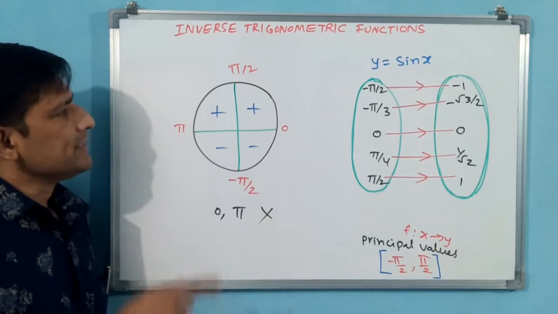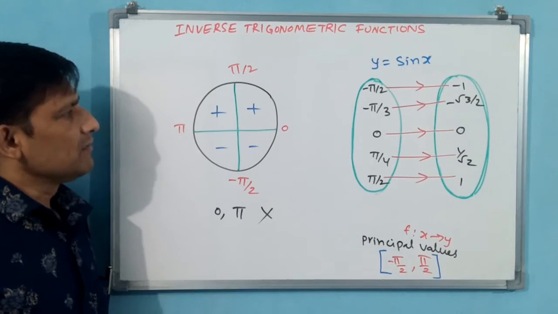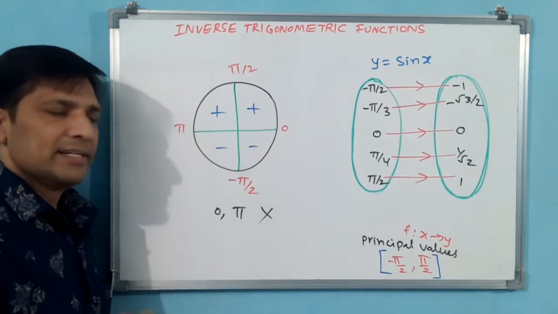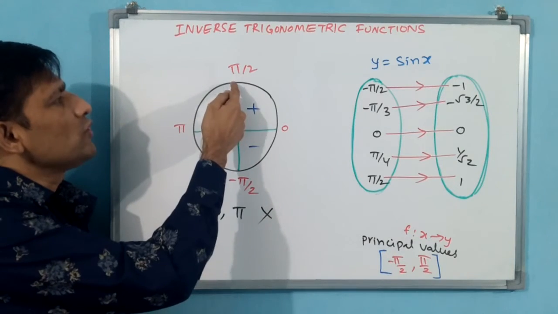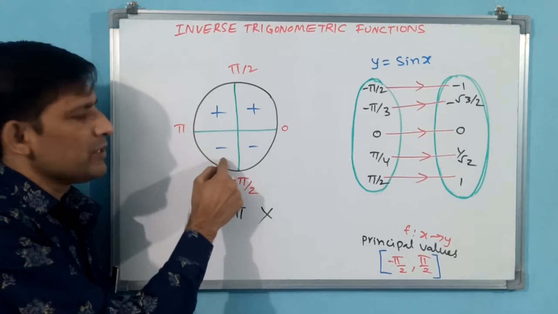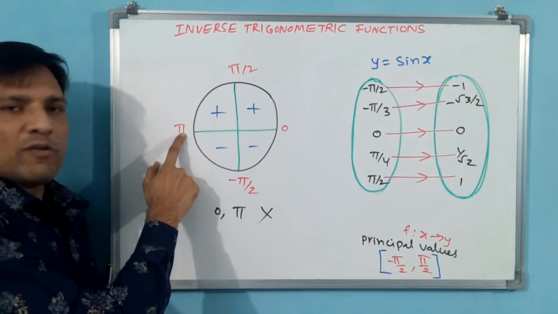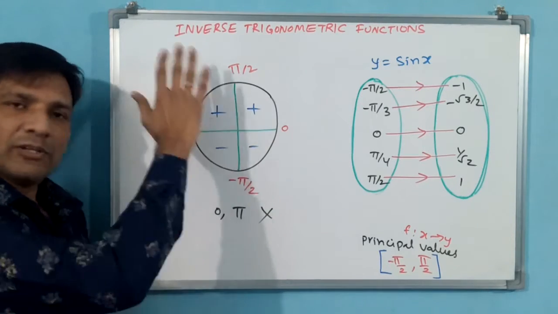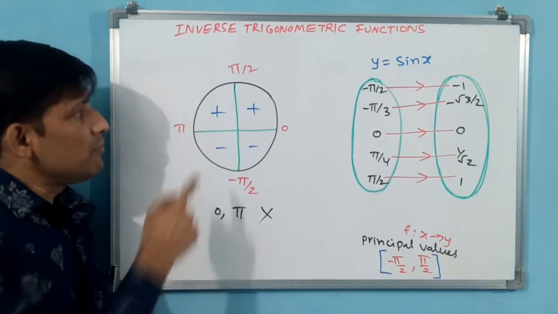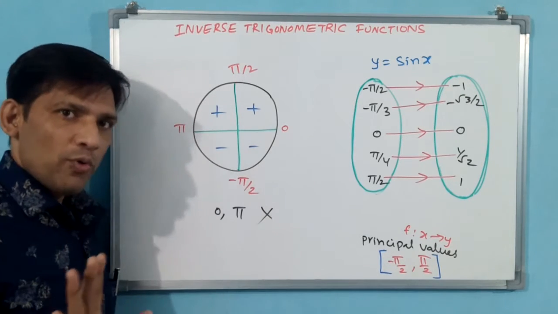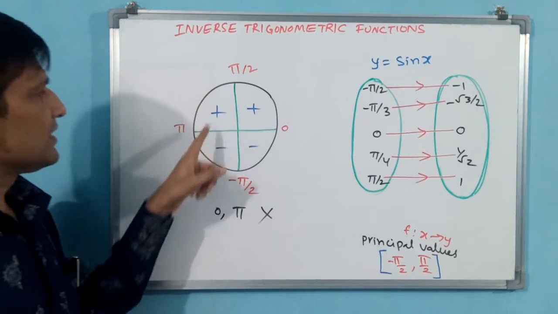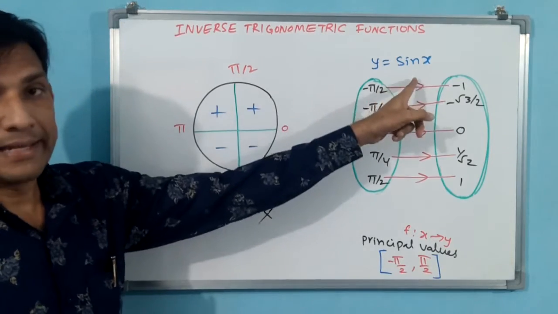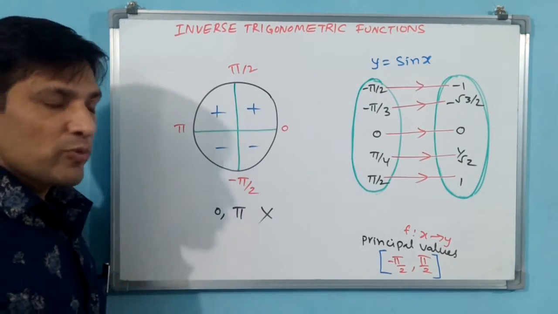Now you think, any other option? Definitely an option is there. Why? Because see, rather than the first and fourth quadrant, we also can take the second and third quadrant. If we take the second and third quadrant, here these are all positive values, these are all negative values, and 0 will come only once, and 1, minus 1. Then this is also going to satisfy. Inverse is available for these quadrants also. You understand? That means for the second and third quadrant also, inverse is available for sine. But that is not going to be called principal values.